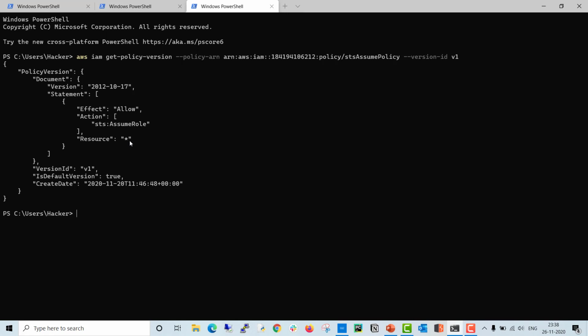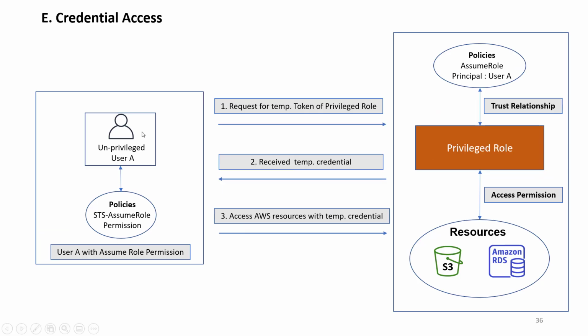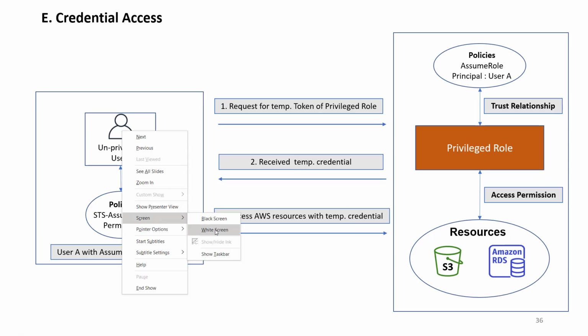Now what next? You can see here this user doesn't have any other rights, only the right to assume a role. Now what resources? It's mentioned as a star, so you can assume the role of any resource there in AWS. What next? We found out, as you can see here in the PPT, that this user